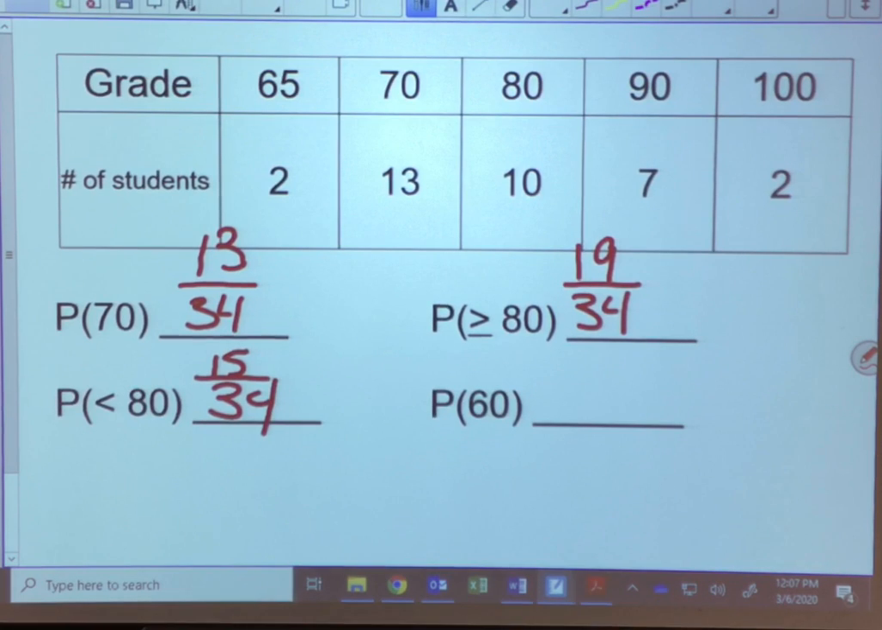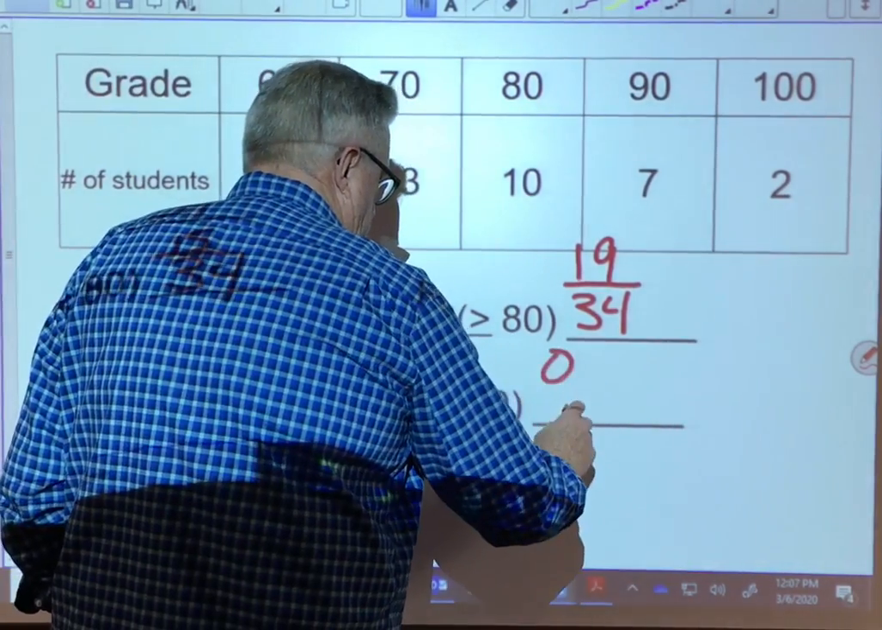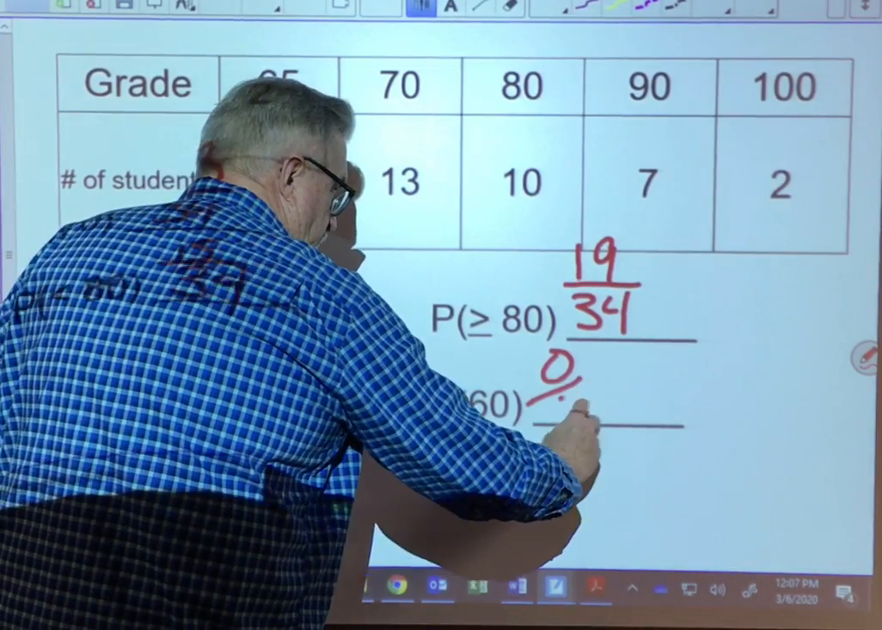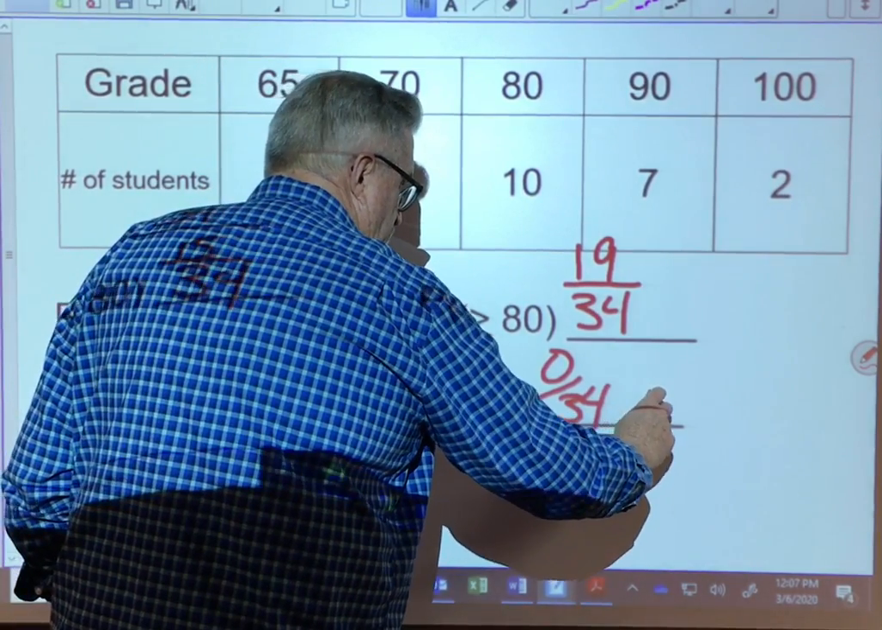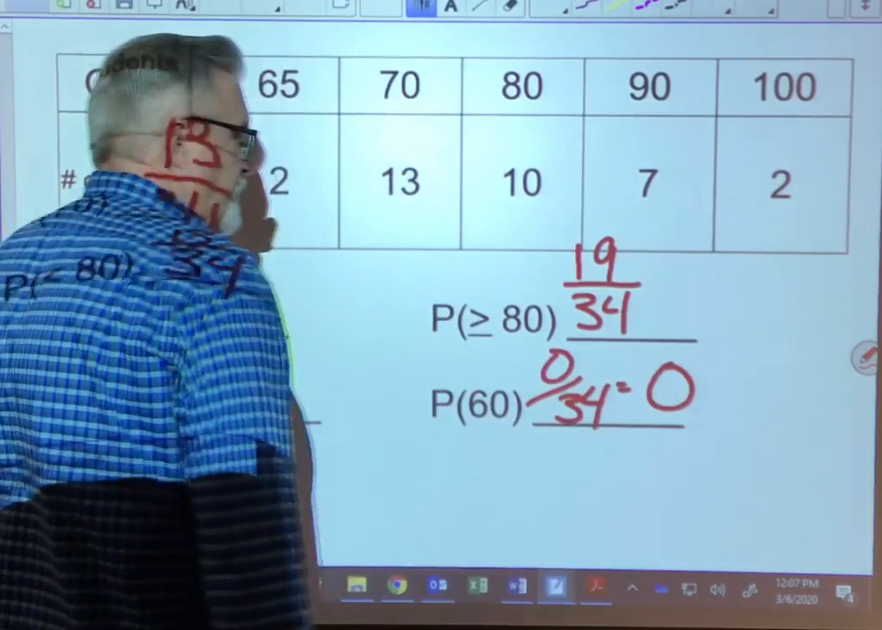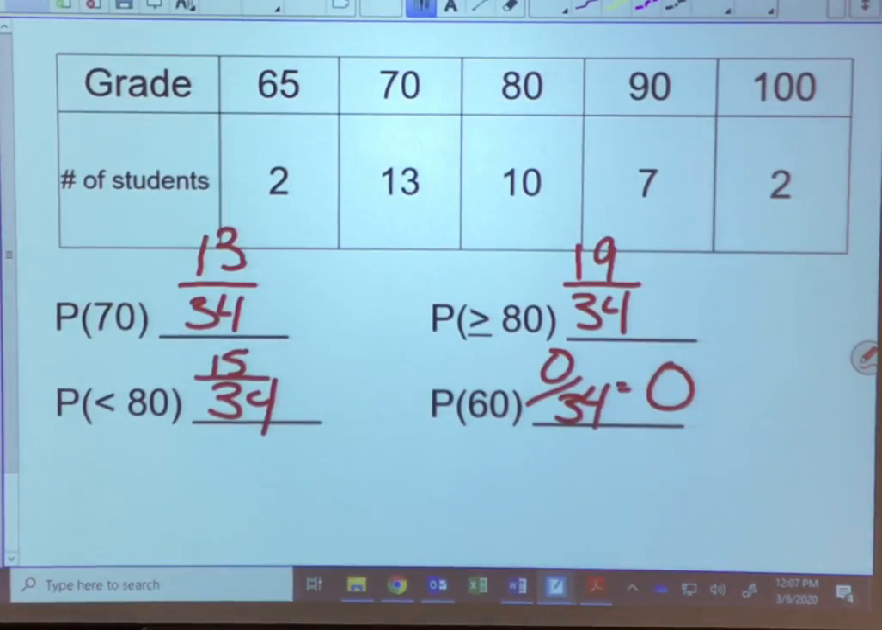Okay? The last one is the probability of getting exactly a 60. Well, did any students out of our 34 students score 60? Okay, well, that's 0 over 34, or that's just 0. That's not going to happen. Okay, that event cannot